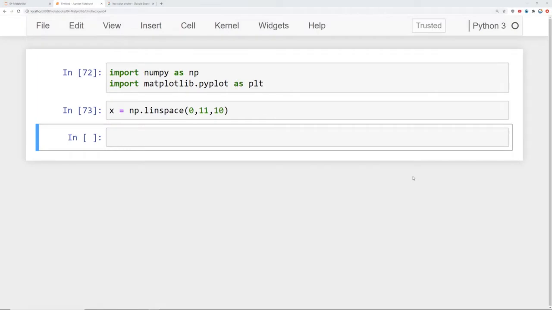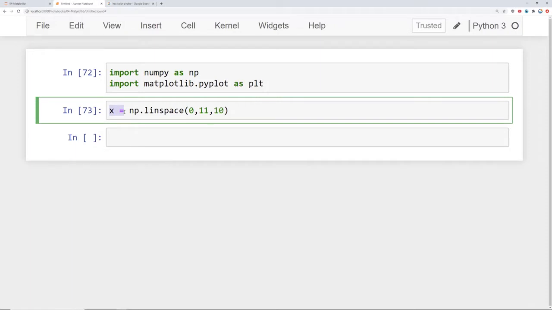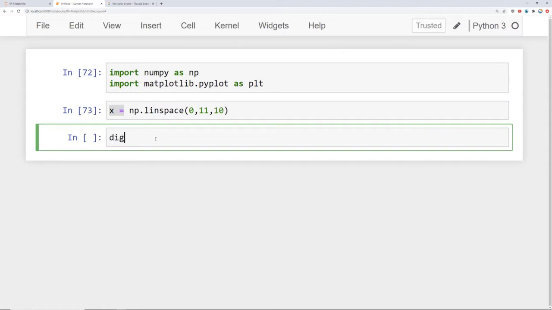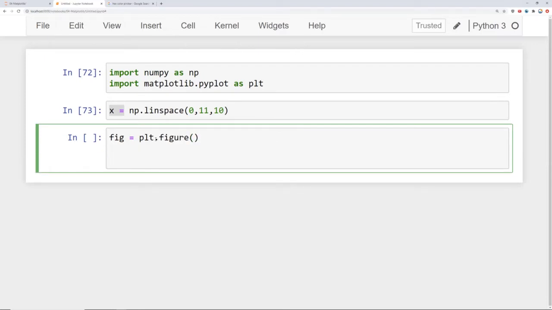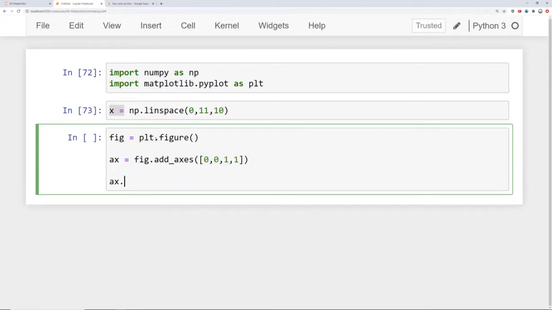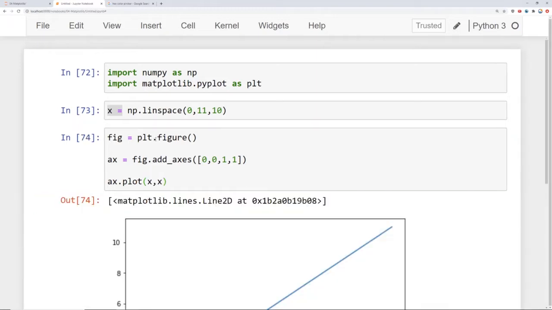Okay, here I am at the Jupyter Notebook. For all of these series of plots we're going to be doing, I'm just going to use the same X array and just plot X versus X or some variation off that. So let's start by creating a simple figure. I'm going to say fig is equal to plt.figure. Then we'll add a set of axes to it. So I'll say ax is equal to fig.add_axes, and then we'll just have it be the entire figure. So we'll say 0, 0, 1, 1, and then I'm going to plot, for example, x versus x